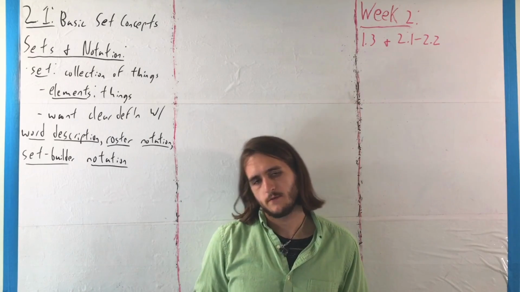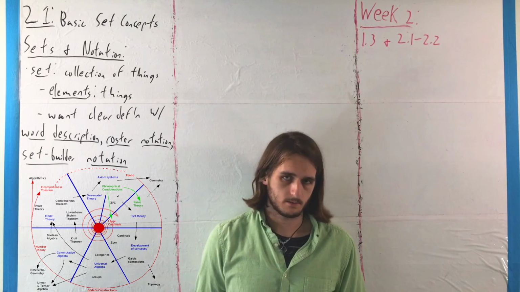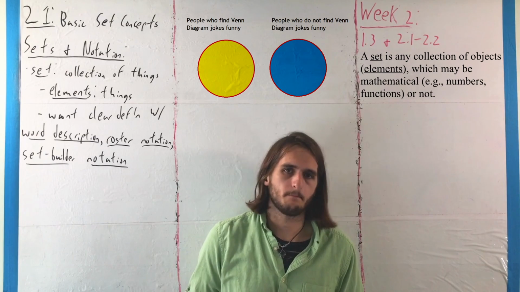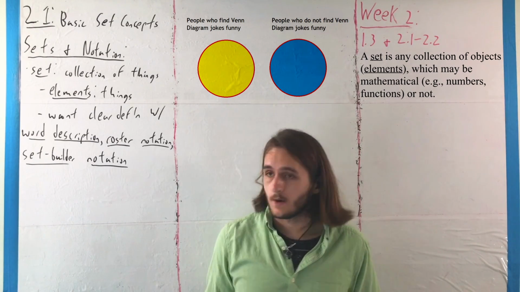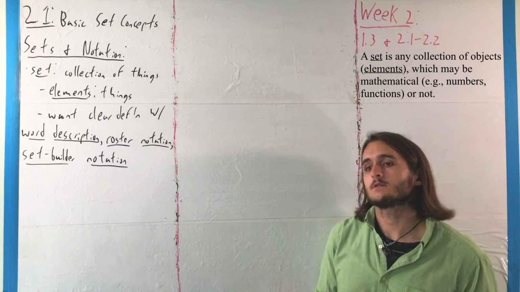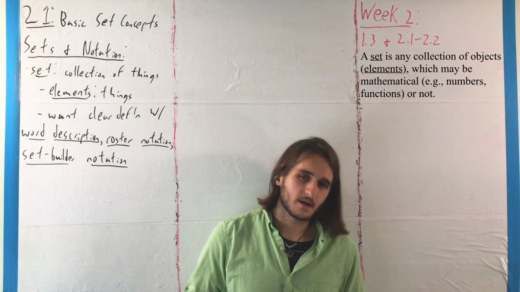With Chapter 2, we're going to be moving into a much more abstract and symbolic branch of math than we saw in Chapter 1, where we're looking at things called sets. We're looking at some very basic ideas of a branch of math called set theory, where, broadly speaking, a set is just a collection of things, where we call those things elements or members, depending on exactly how we want